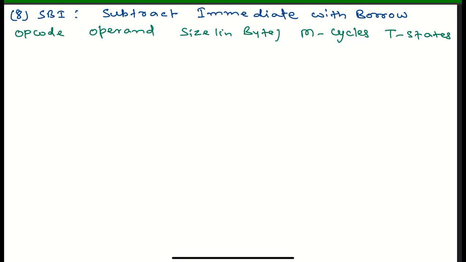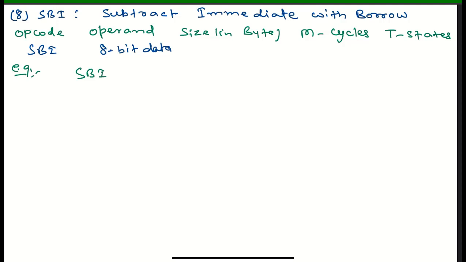So first of all, we'll see their opcode. Their opcode is written here as SBI, and their operand will be 8-bit data. First of all we will understand their operation, then we'll see the rest of the part. So let's say, for example,